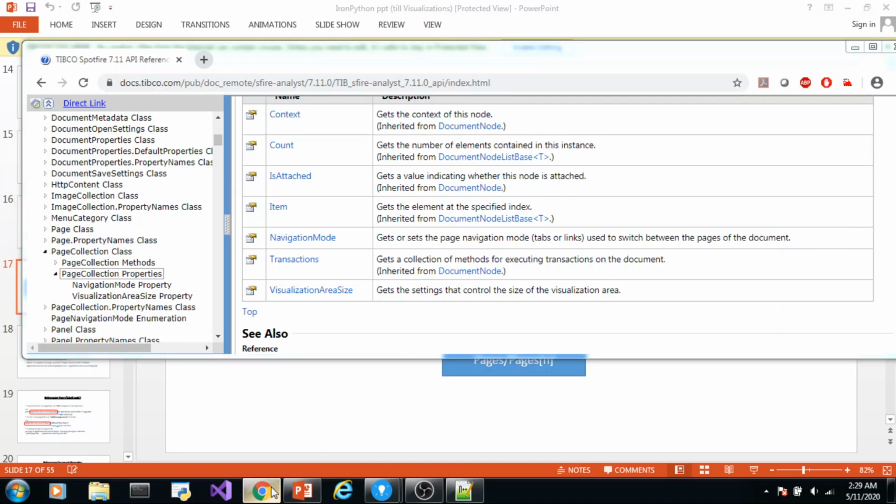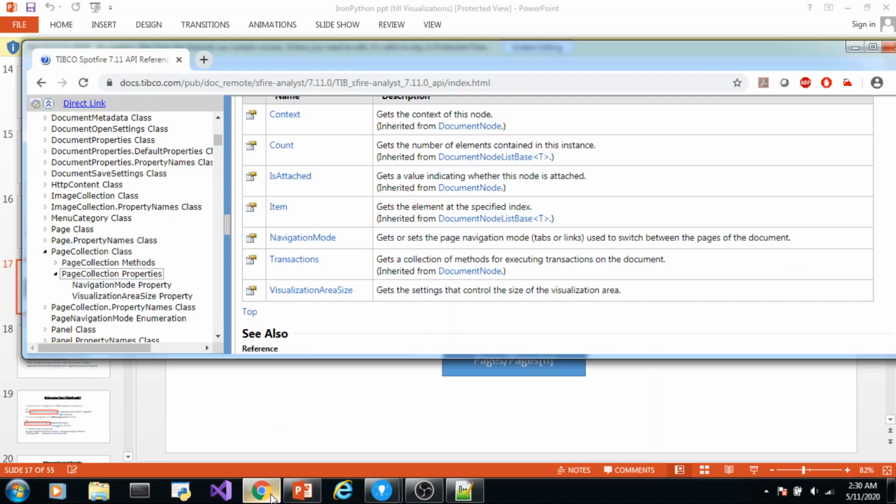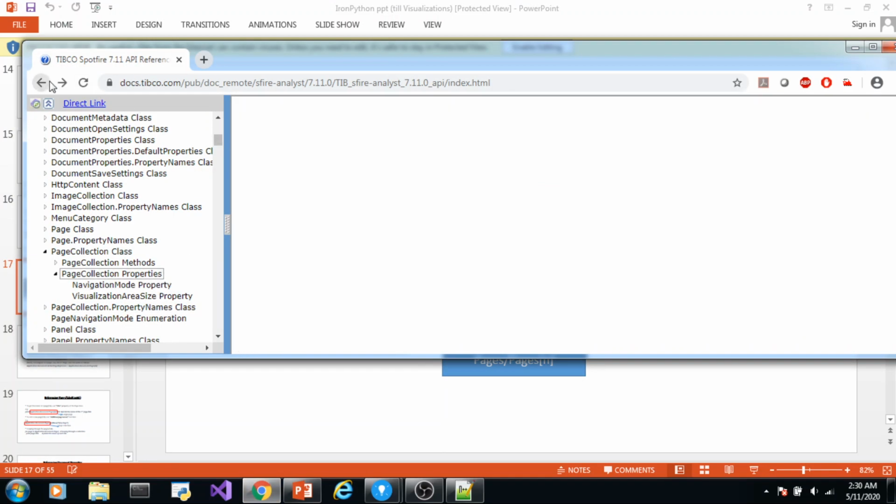So this is how you trace back to the class it is pointing to. Application dot document dot pages: a page is a part of a document, so first we access document and then pages. Now this returns a page collection type value. What all properties and methods are applicable to this? We will go to the page collection class.